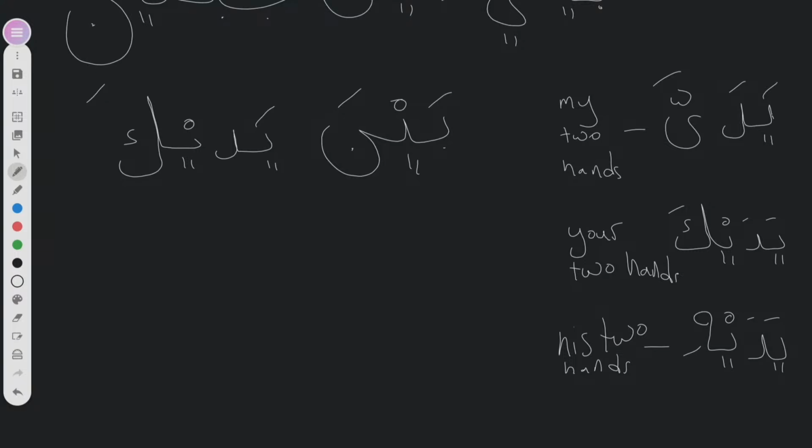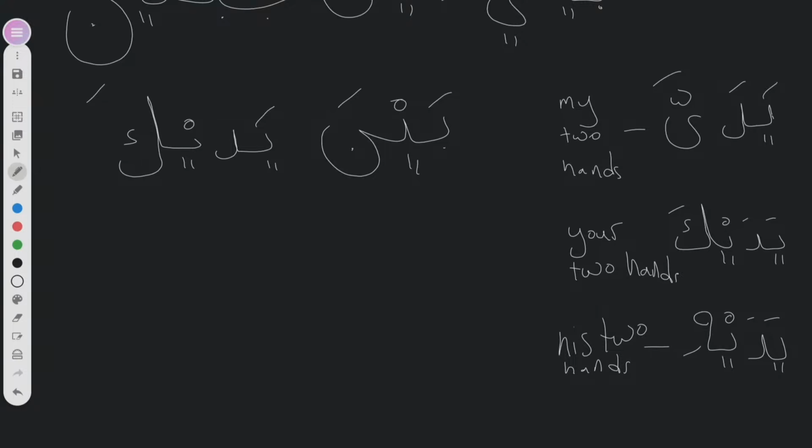So when something is between your two hands, technically, it's in front of you. So the Arabs use this statement to mean in front of you. You understand? Even if it's not literally between your two hands, but it's in front of you. So for example, I say to all of you, baina yaday. You're all between my two hands. You're not literally fitting between my two hands. No, you're in front of me.